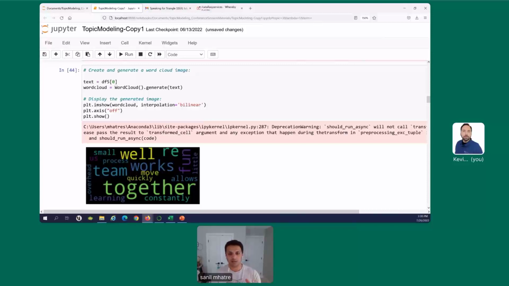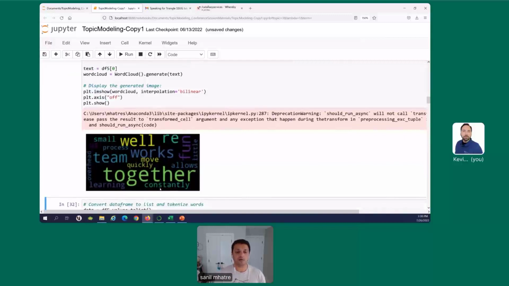So the word cloud is basically going to look at all of the tokens, all of the words in your text, and it's going to plot a frequency map of that text, where the size of the word represents its frequency. So the word together is largest on this word cloud. It means that the word together was the most frequently occurring word in this body of text.